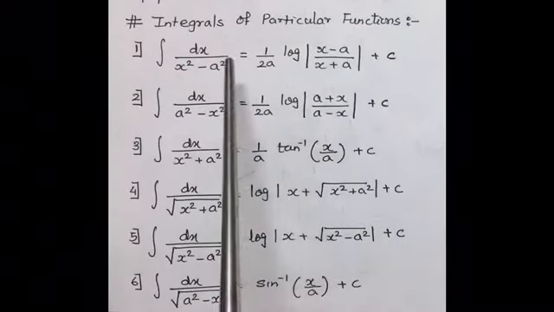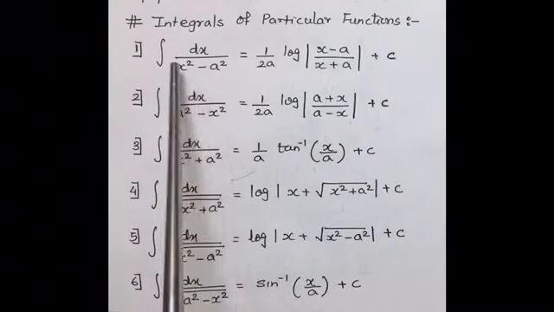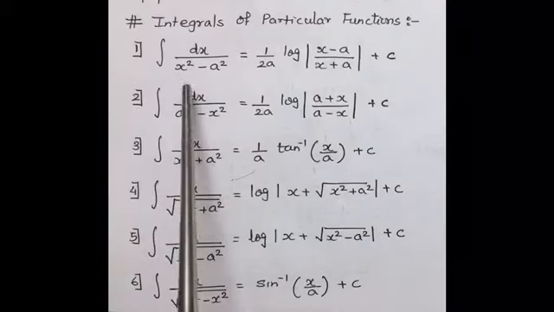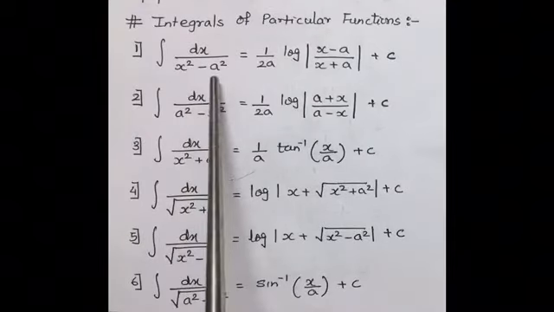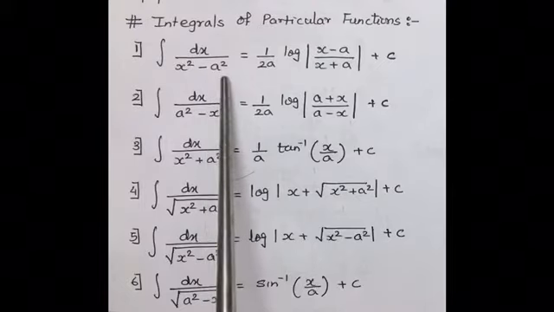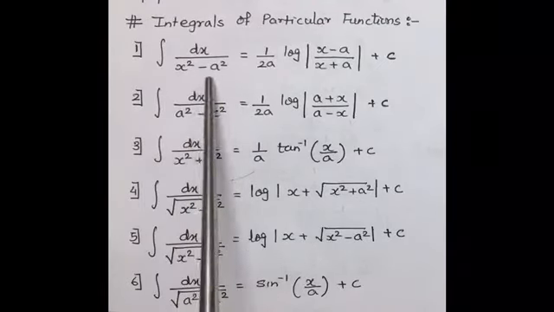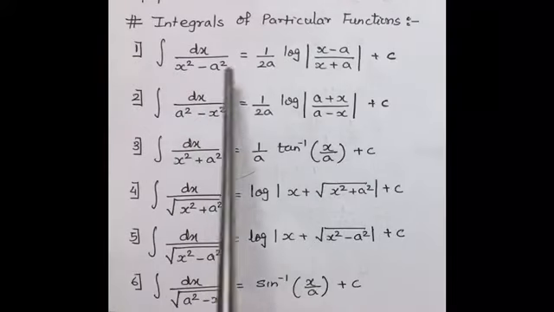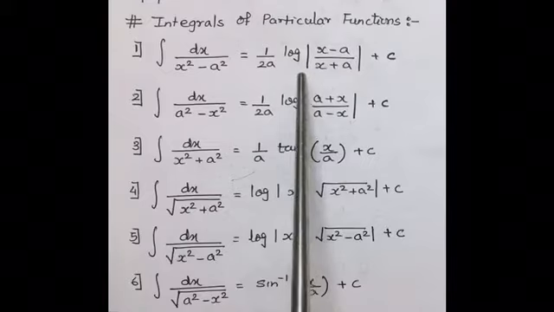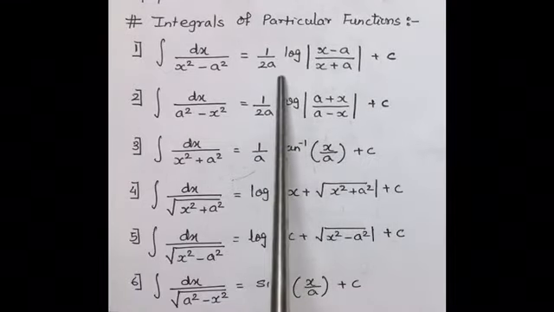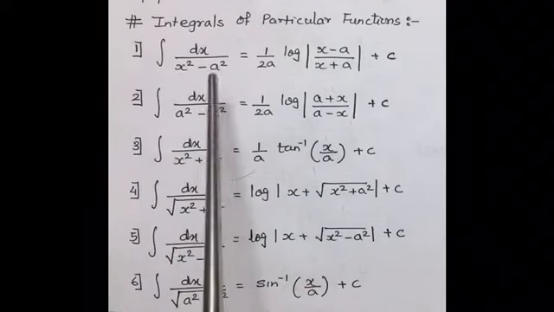Now, for any example being given, we have to express it in terms of squares. x should be a square and the constant should also be expressed in terms of a square, and if this is the arrangement of x square and a square given, then its integration will become in this form. So we call this the standard integration for x square minus a square.